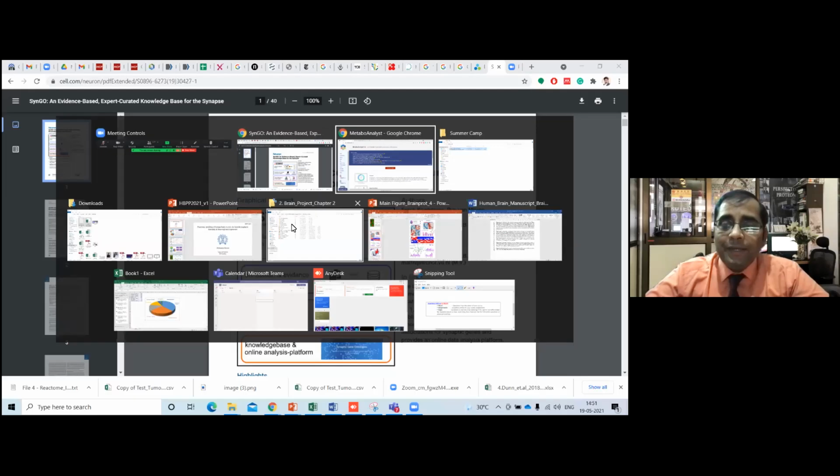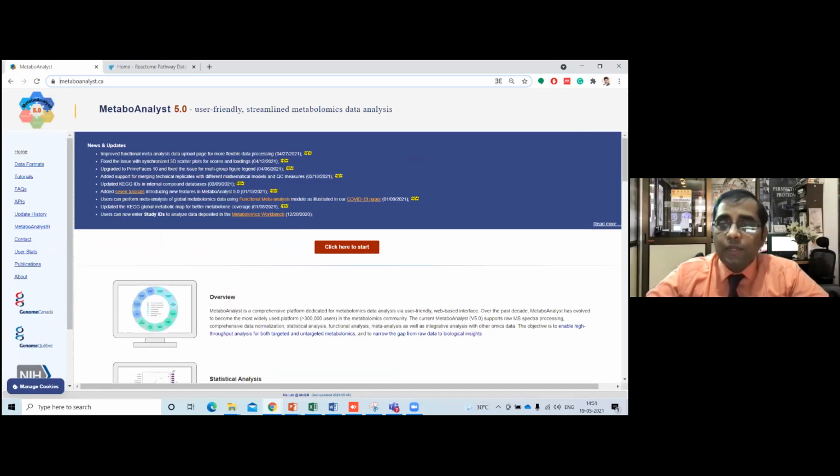Right now, we are not teaching you that. If you are interested to learn further, we can do that later on. But right now, we have just given you one basic software idea, which can be used for purified protein or a simple mixture of proteins, which can be easily identified where you have only a few proteins. Whereas if you have a large number of proteins, then it is better to analyze either using commercial software if you have any facility, or open access MaxQuant is a good software.